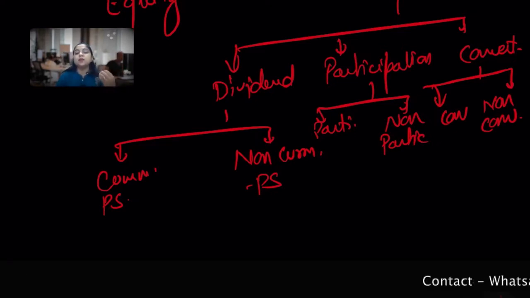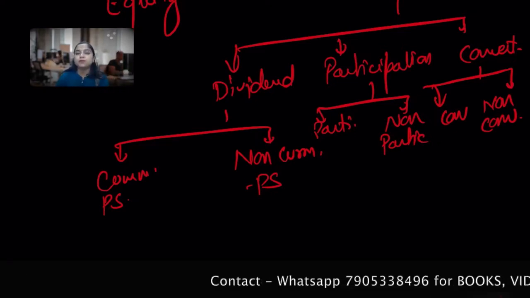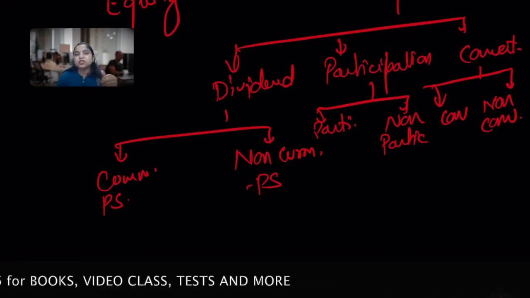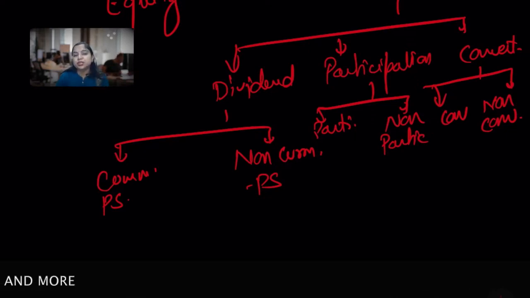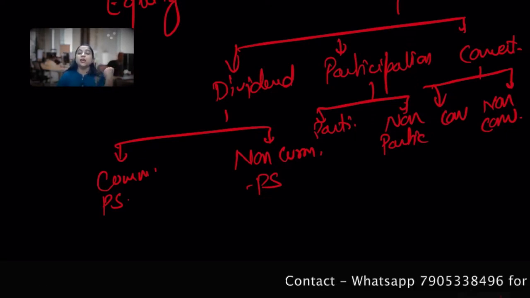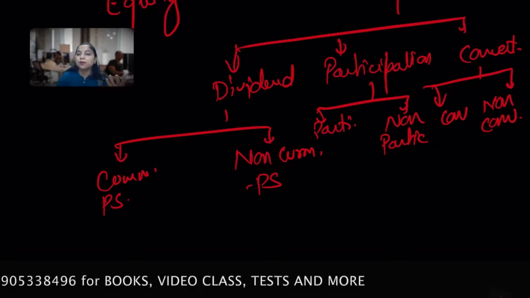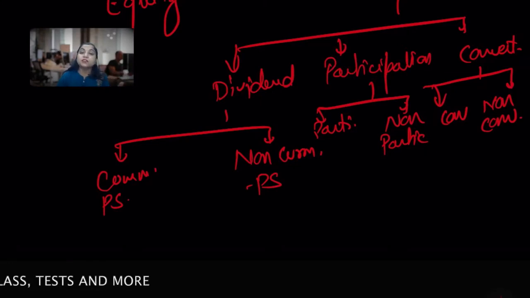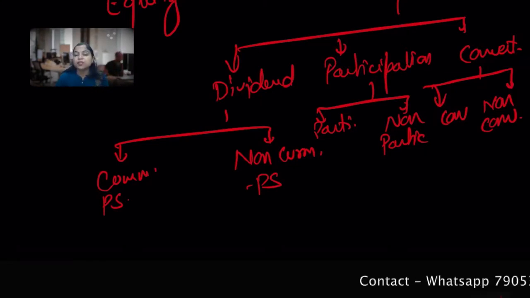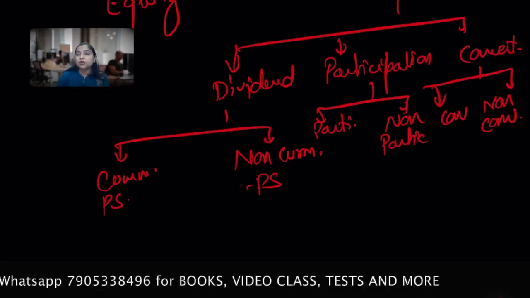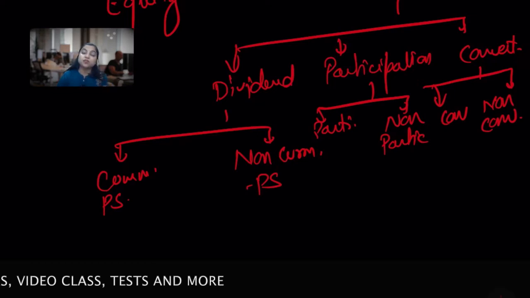Preference shares, the name itself speaks louder: preferential rights. That means with reference to a company which is limited by shares, it refers to the share capital which carries a preferential right over the equity shareholder. Either it's related to the payment of dividend, or at the time of winding up the repayment of capital, or the amount deemed to be paid up. In every scenario, preference shares carry a preferential right as compared to the equity shareholder.